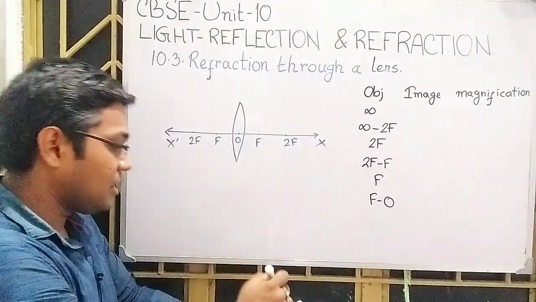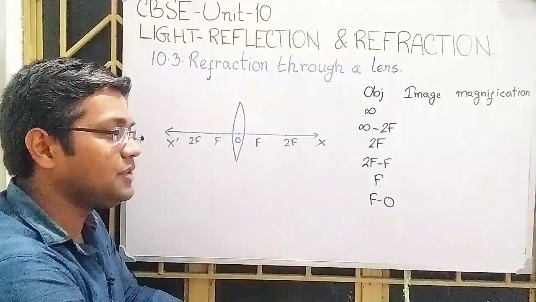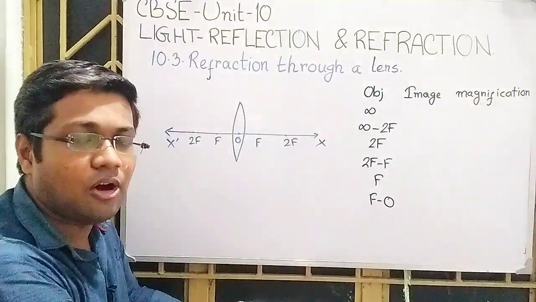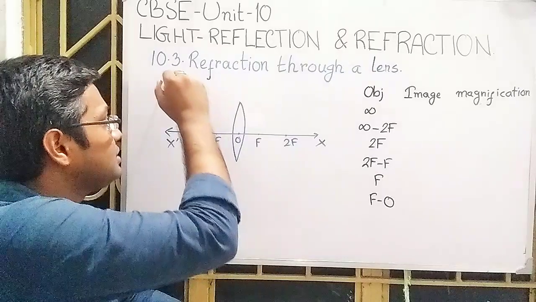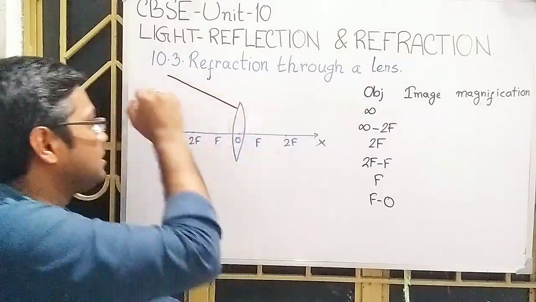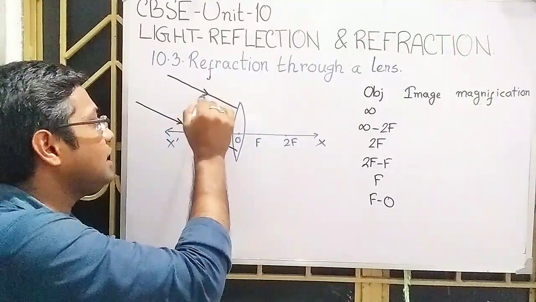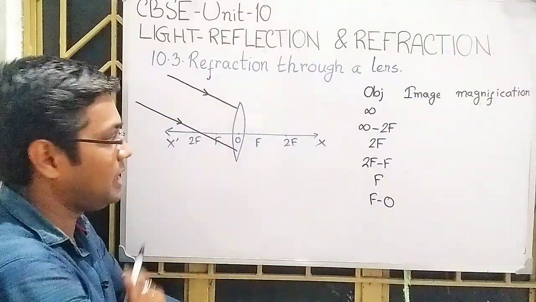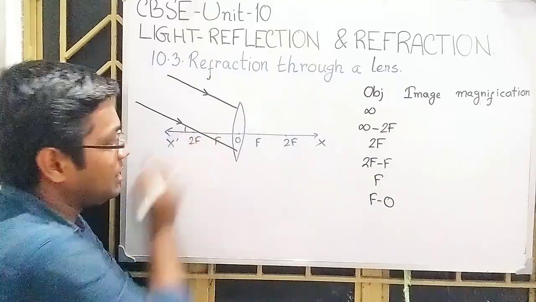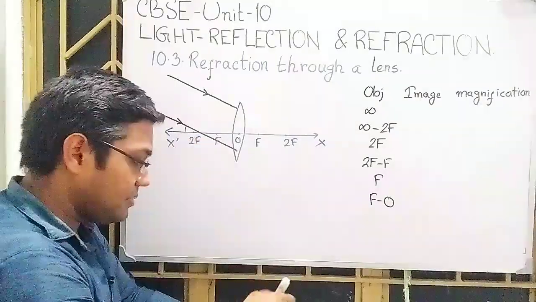So, object is placed at infinity. Now, we consider the oblique incidence, that is the parallel beam of rays at that time now makes a certain angle with the principal axis. I am saying about this angle, but where they will meet,